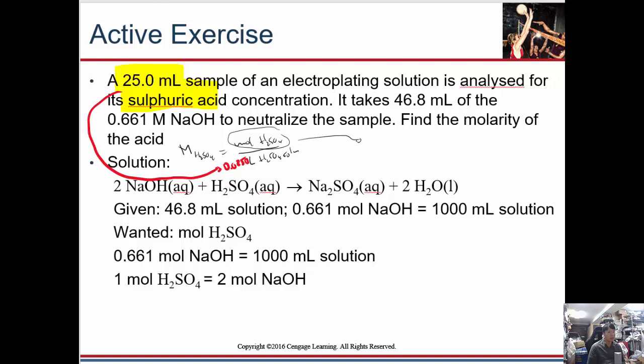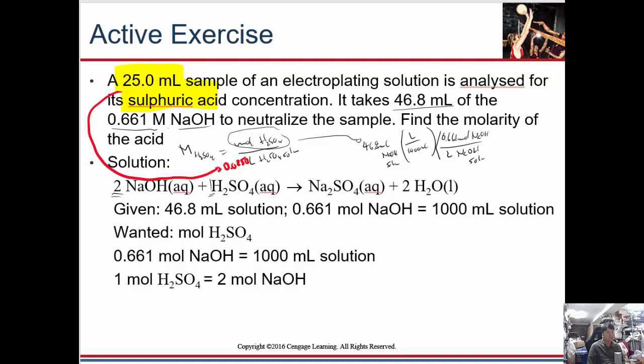And so we want moles of sulfuric acid, but we have volume and molarity of sodium hydroxide. Well, if we have the volume and molarity of sodium hydroxide, then we can have the moles of sodium hydroxide. From the moles of sodium hydroxide, it's a 2-to-1 mole ratio here. And so we'll just start off with this 46.8 milliliters of sodium hydroxide solution here. And then we'll convert it to liters. So liters, 1,000 milliliters. And then we'll use the molarity, 0.661 moles of pure sodium hydroxide per liter of this mixture